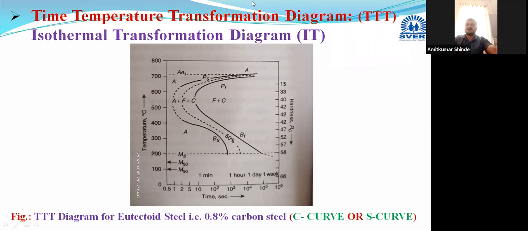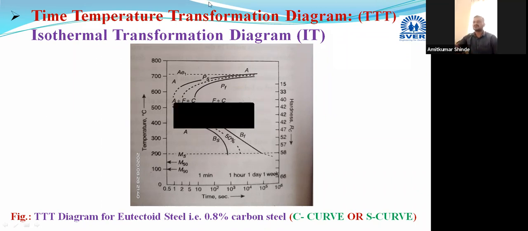In that, I'm going to cover isothermal annealing, and in that I'm going to cover the annealing heat treatment process and the normalizing heat treatment process, along with its different types like isothermal annealing, subcritical annealing, box annealing, bright annealing, spheroidized annealing. Okay, different types we are going to discuss in today's session only.